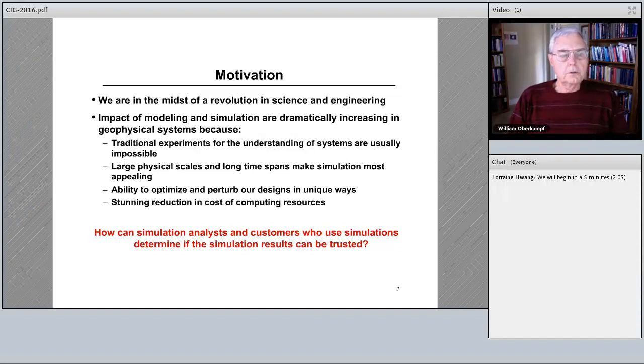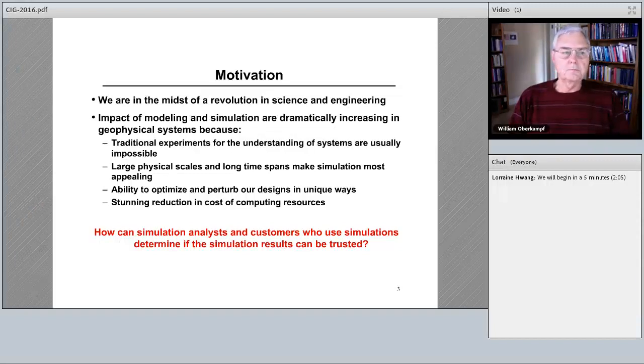I think it's hard to realize that we are in the midst of a revolution in science and engineering. When you're in the midst of rapid change like this, it doesn't seem all that spectacular, but if you take a historical perspective, it is absolutely stunning. I'm an old enough guy that I can say, and maybe there's some older people also online, I grew up as an engineer learning on a slide rule. Those days are gone, and so I can much more easily, especially compared to the young people, relate to how things have changed.